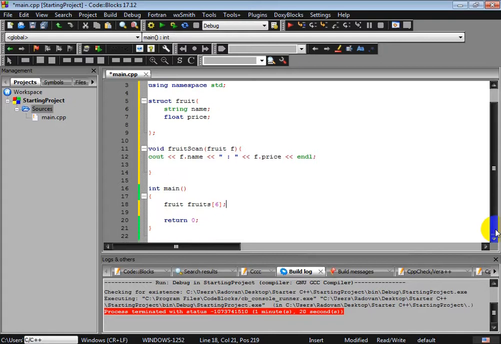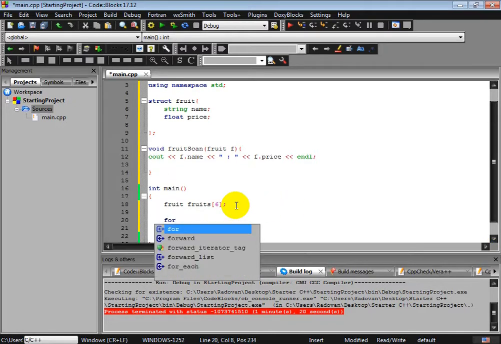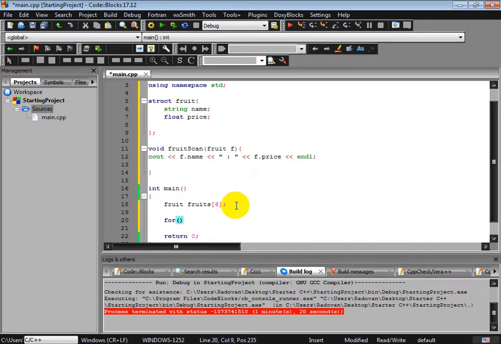And now let's create a for loop to enter the fruits into the array. Okay, let's start. For integer x equals to 0, x will be lesser than 6 because our array has 6 elements, and x plus plus,